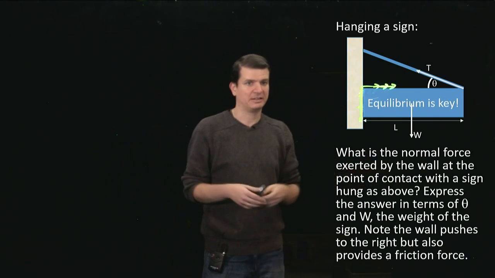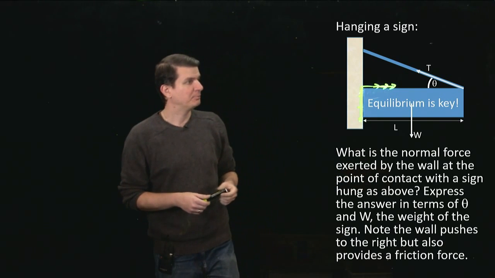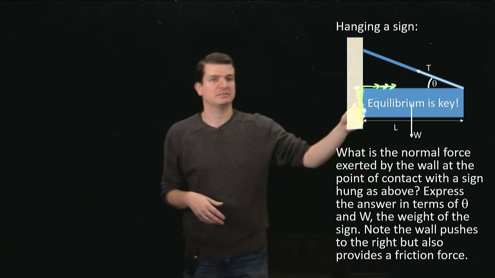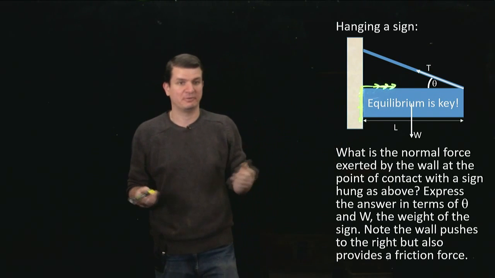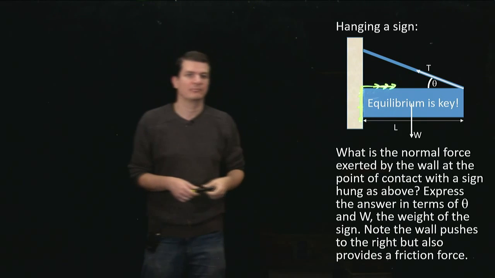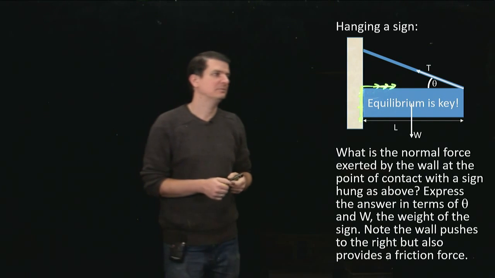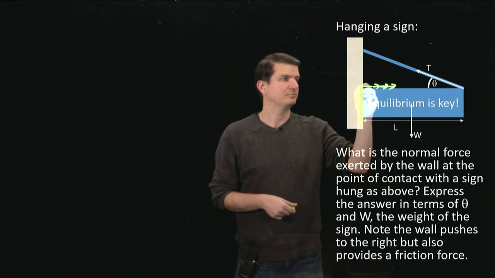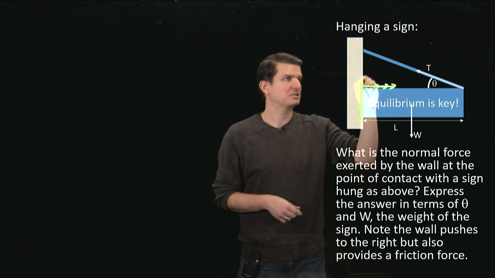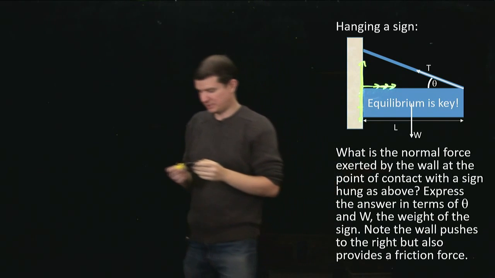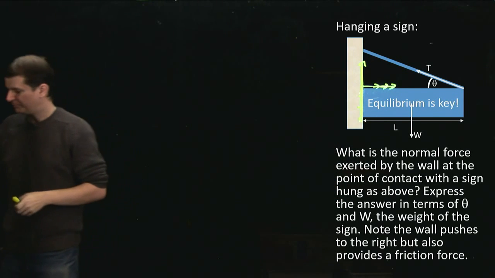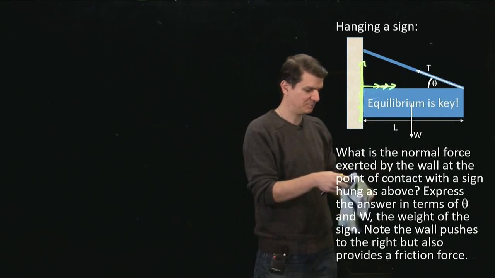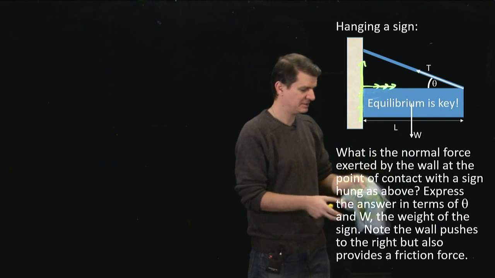Okay, well that's true for anything in free fall, really. And in particular, it's true for these bits of the sign, as long as it's just on the verge of tipping. So we'll put the normal force acting all at that corner. We'll put the friction force all at that corner as well. And then that will give us our understanding of where the forces go for this problem, from which we can then start thinking about